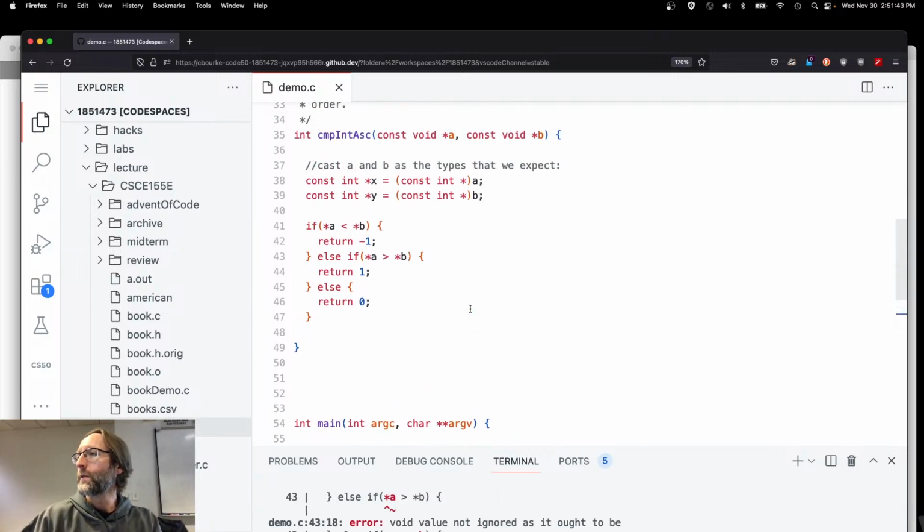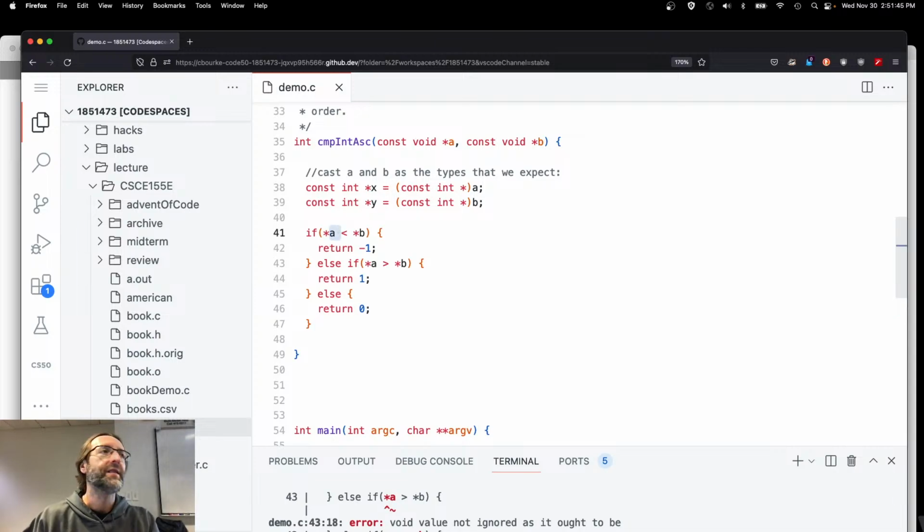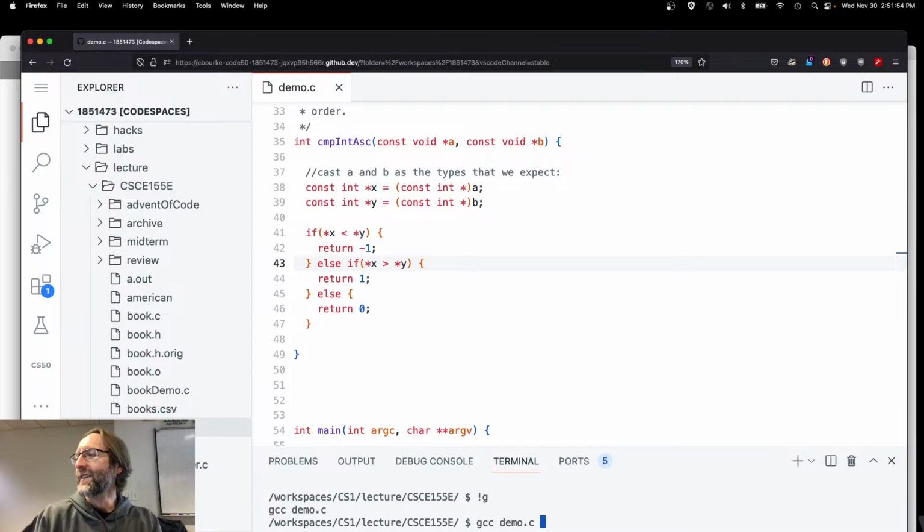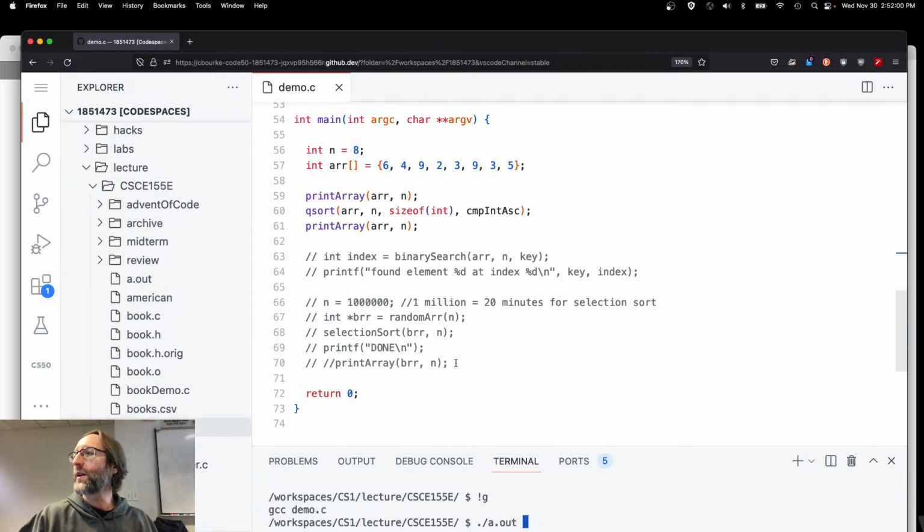Let's go ahead and see if this works. Oops. Not A and B. What is it? X and Y. Oh, you guys didn't correct me. Right. X and Y. There we go. Compiler did. Thank you. So don't be afraid to yell out when I make a mistake like that. All right. So again, the values are